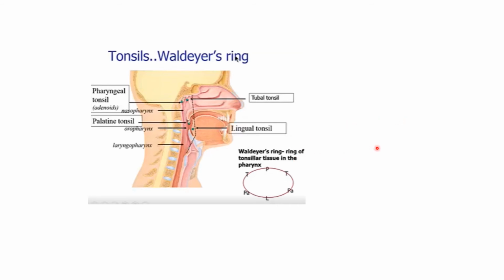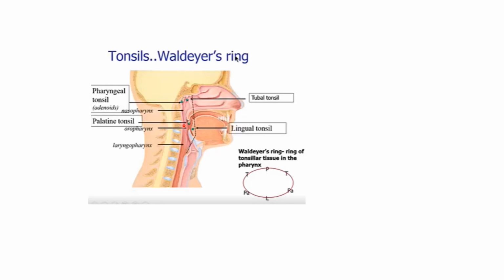We have 4 different types of tonsils. One you will be given is the palatine tonsil. Lingual tonsil, I told you, in the posterior most part of the dorsal surface of the tongue is the lingual tonsil. The pharyngeal tonsil is in the pharynx, the oropharynx, and that is called the adenoids. The lingual tonsil is on the dorsal aspect posteriorly.